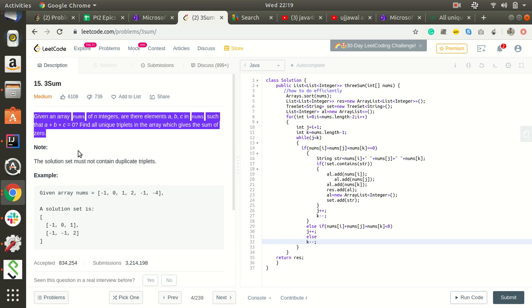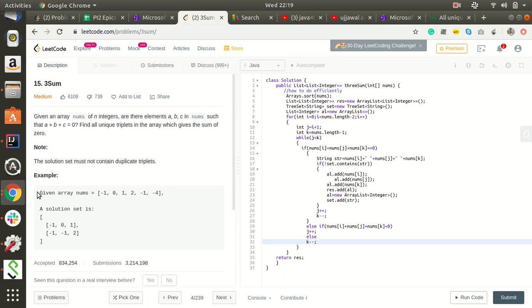So in this you can see the array -1 0 1 2 -1 4. We can look and see that -1 0 1 is a triplet that equals 0. -1 plus 1 is 0 again.